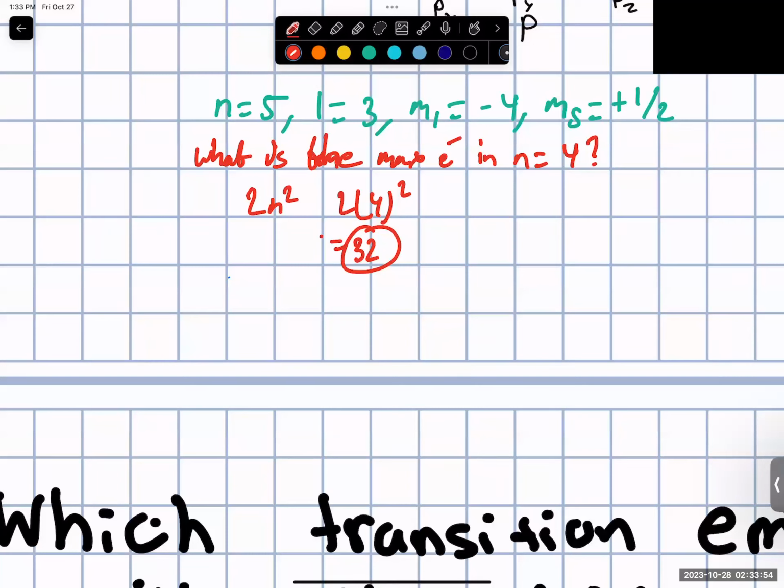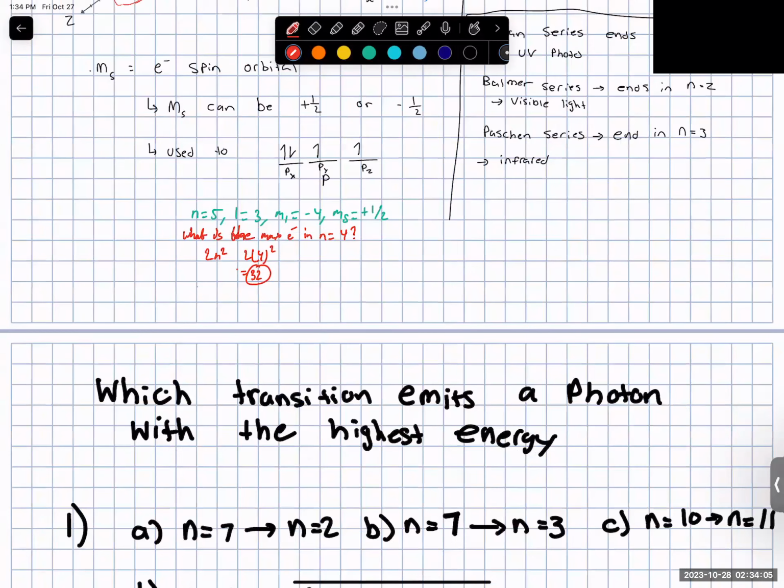Think of another thing. How many electrons are in an F subshell? The maximum electrons in an F subshell. 14. Exactly right. So if you ever are not sure, you know that the L value associated with an